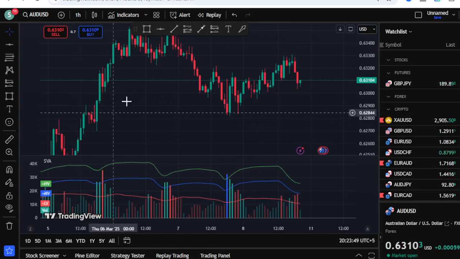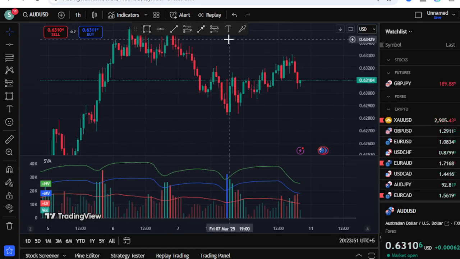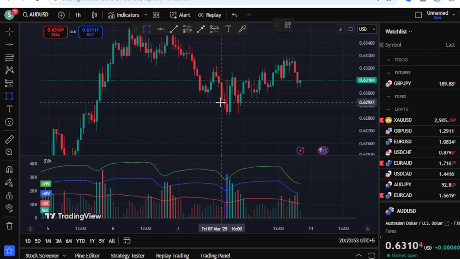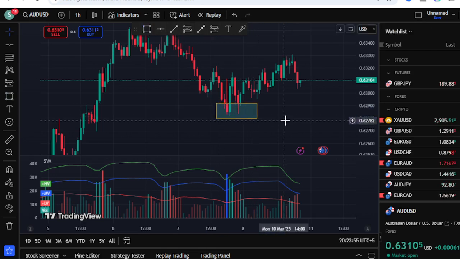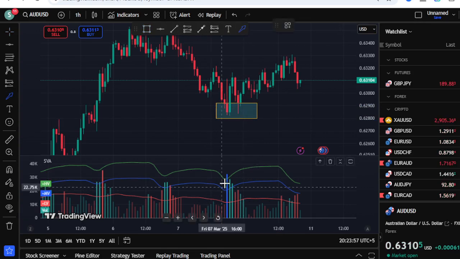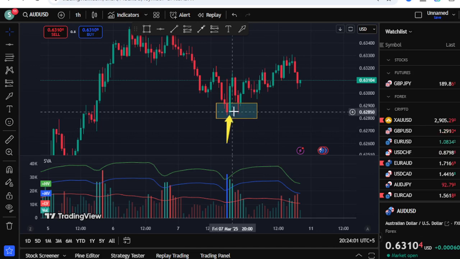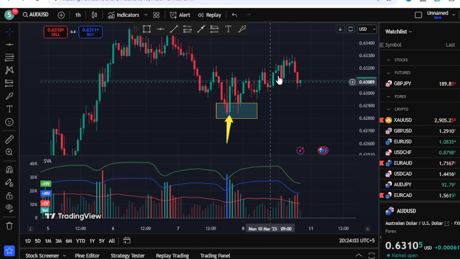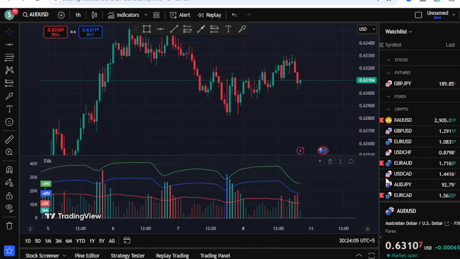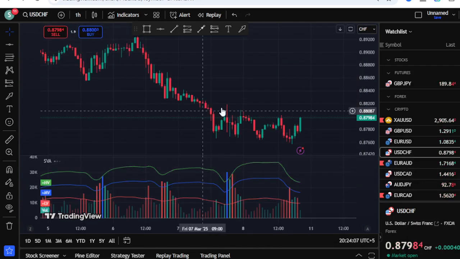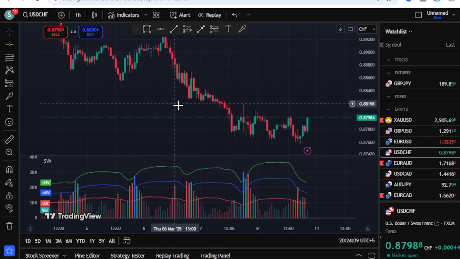For example, look at this on Australian dollar USD. This is the uptrend, and here it has provided bars coming inside it. So this could be a signal that the price wants to go back into the trend, and now you can see the price has reversed. We cannot use this indicator especially in slow market conditions, but overall this is very good.